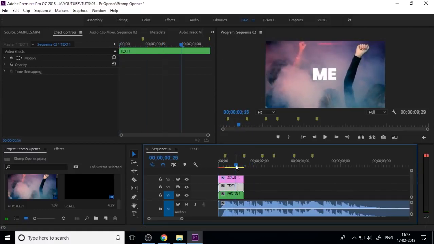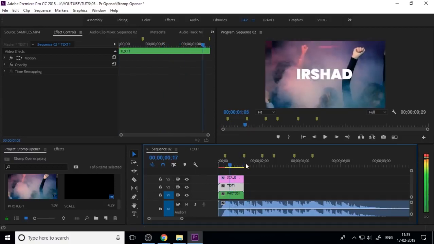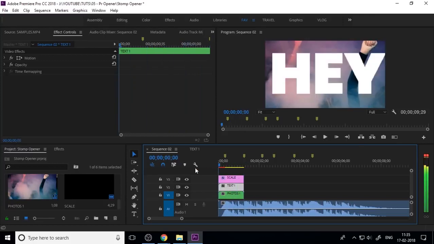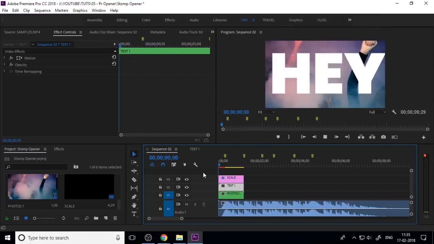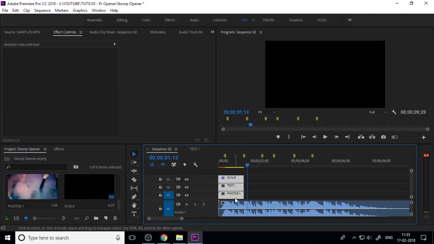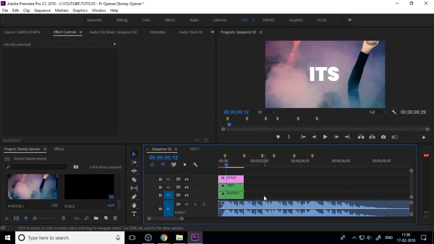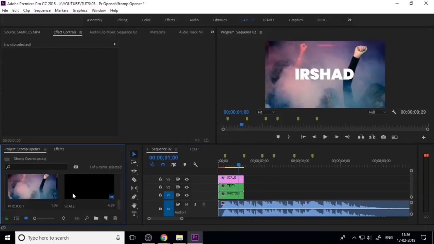Okay, now our first step is okay. Now you want to create the same process again, as per your sound beats. Okay, now you need to import your